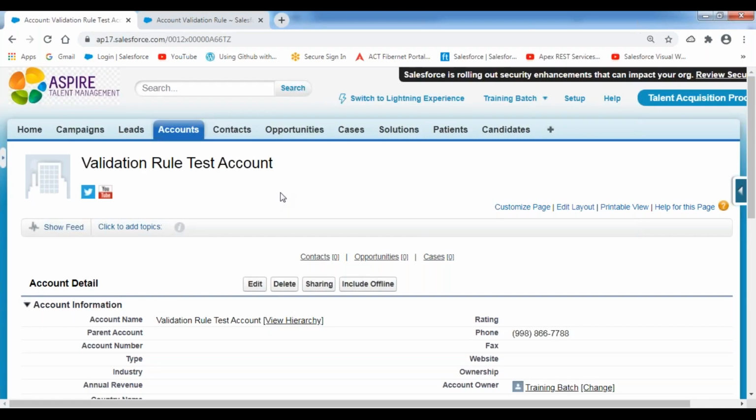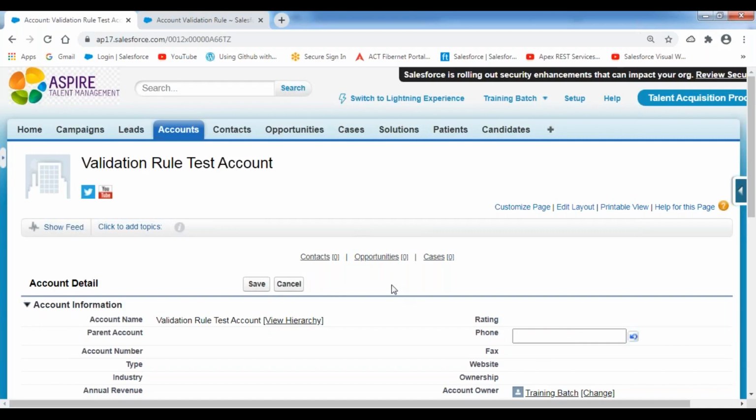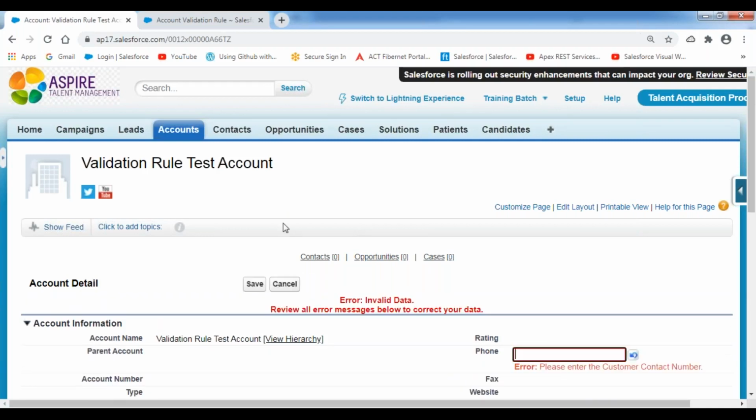Can you explain the before updation, just what you said again? Whenever we are creating records, before inserting the record and before updating the record, in both cases validation rules will be fired. When you try to update that record, upon updating, I'm making the phone blank. Now click on save button, it won't accept that.